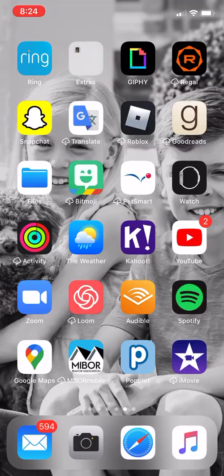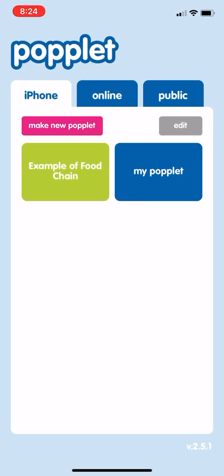ahead, download it. For those of you who have your own device, you'll have to make sure you ask a parent to help you, especially if you have a protection on it. You need to do that right now. Get Popplet on your iPad and watch this video so you can know what I would like for you to